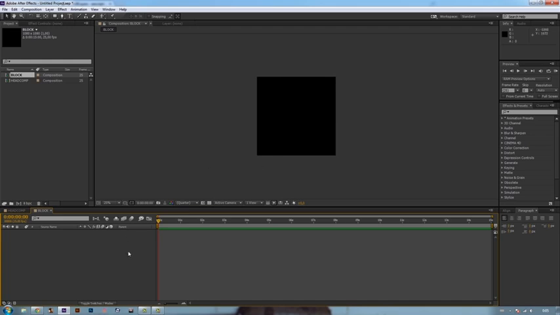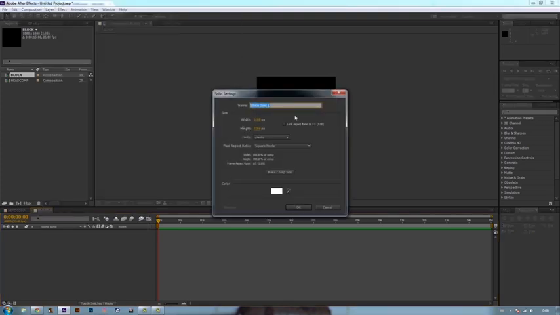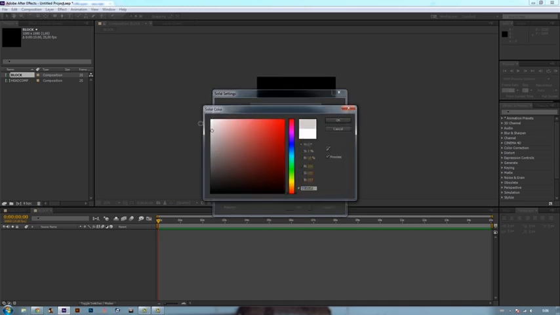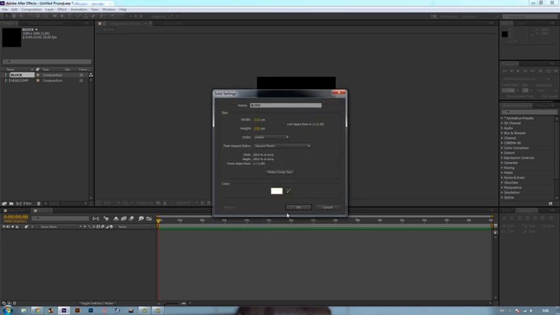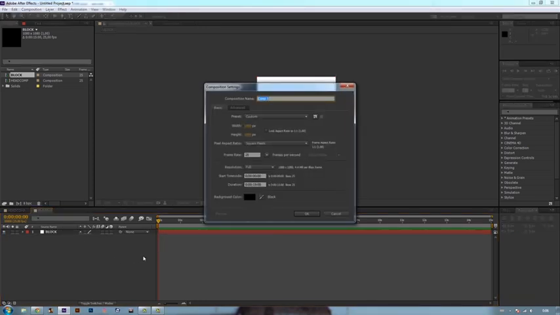Now we're gonna make a new solid layer. Hit Command Y or Control Y, or just go to Layer, New, Solid. You see this? Really useful. We're just gonna call this block again, and make sure it's white, really white. Hit OK, and we're still gonna make a new composition, and this one is called